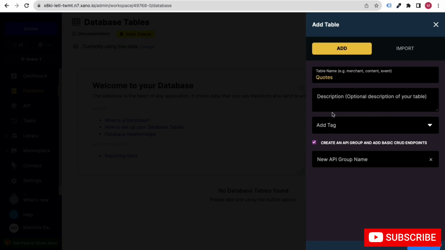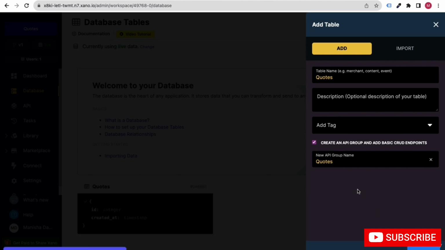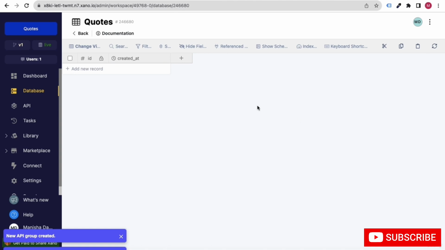Now you do not have to do anything, just click on add table. For the new API group name, let's name it codes only. So you can see we have got this type of loop.